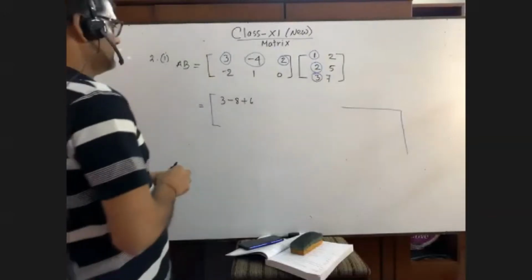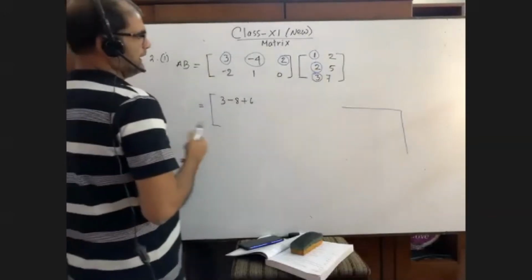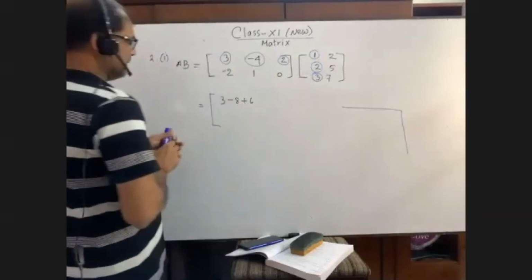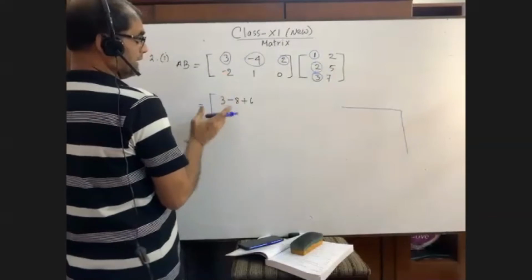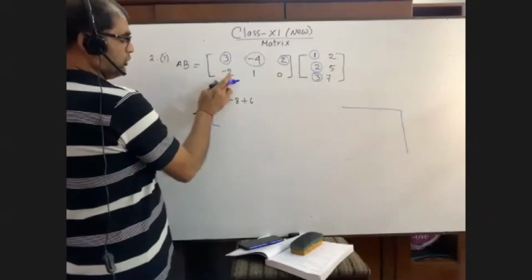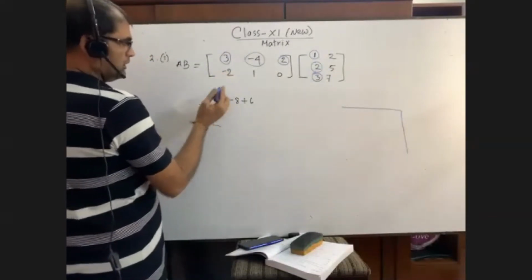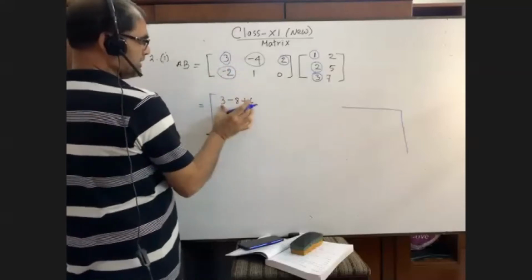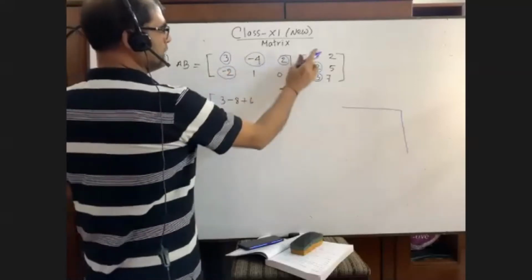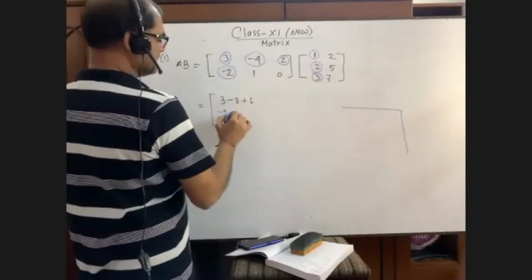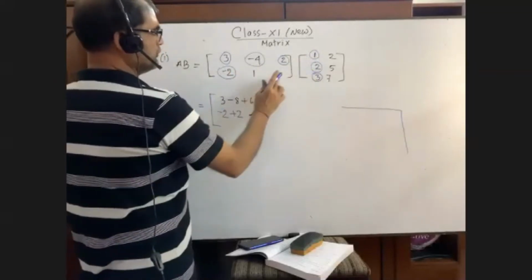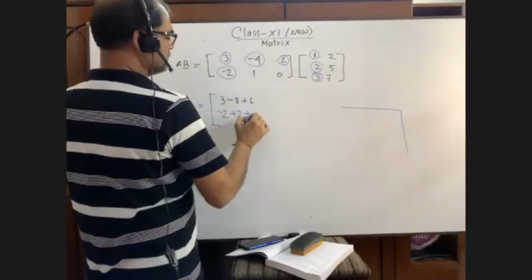Yes, sir. Okay, now let's multiply by this again. Here it is in the second row. So come to the second row. Minus 2, but first column. Minus 2 into 1, that is minus 2. 1 into 2, that is plus 2. 0 into 3, that is plus 0.